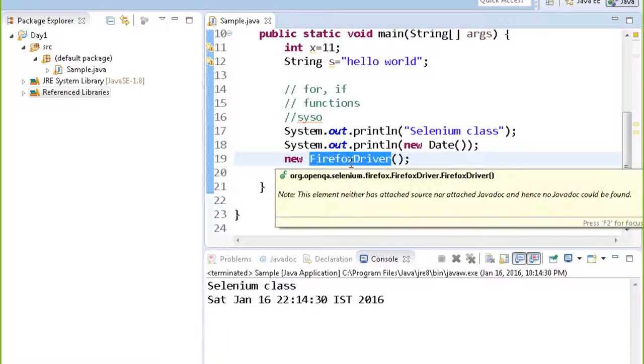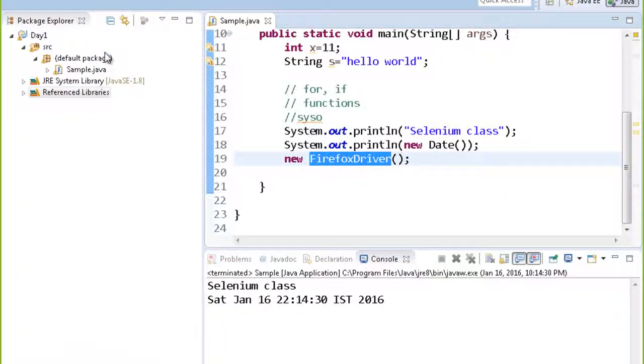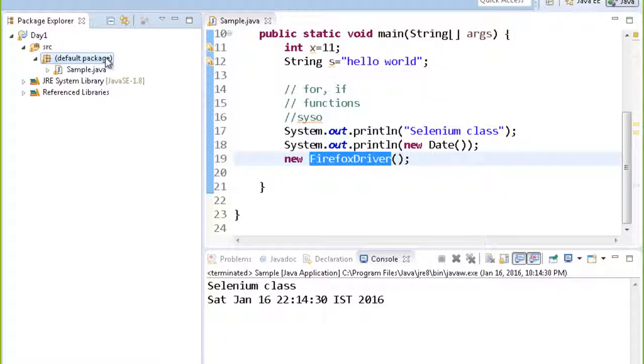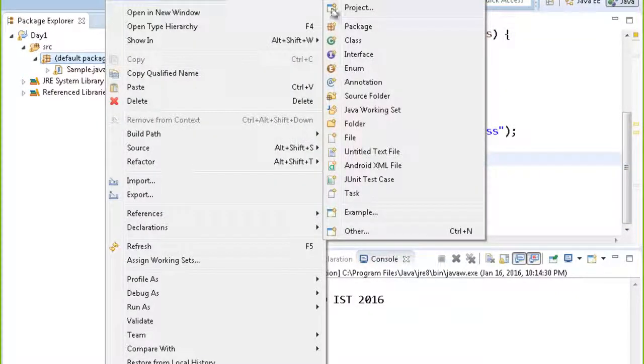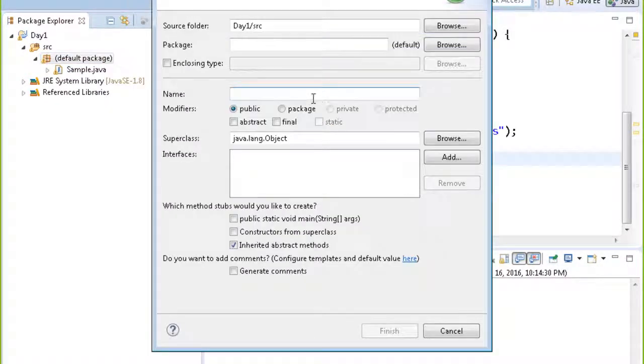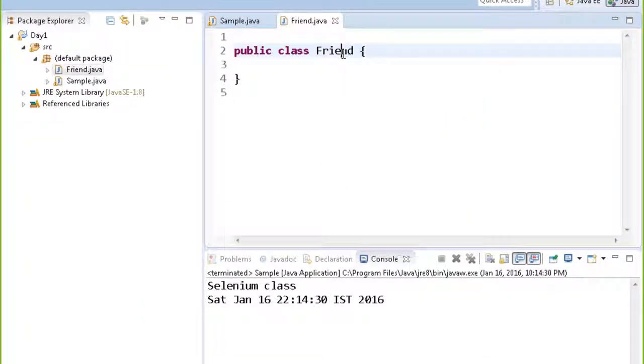So now moving ahead, let's jump over to object oriented programming. For example, if I make a class known as friend, I made a class known as friend.java.